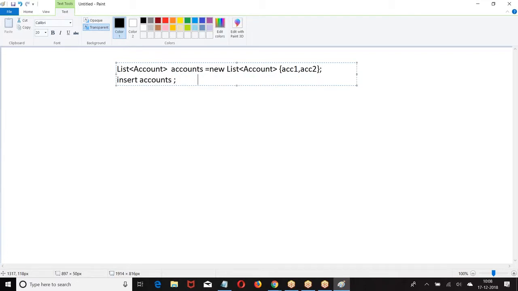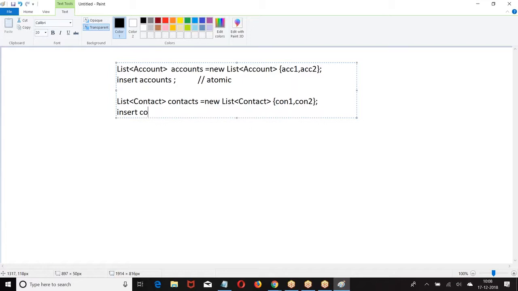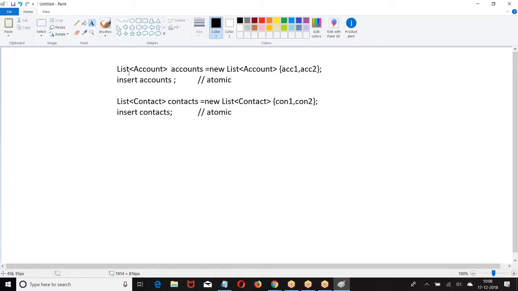Now tell me, we say this as atomic. What does it mean? All the records will be inserted or none of the records are inserted. Now in this, every statement is independently atomic or non-atomic.